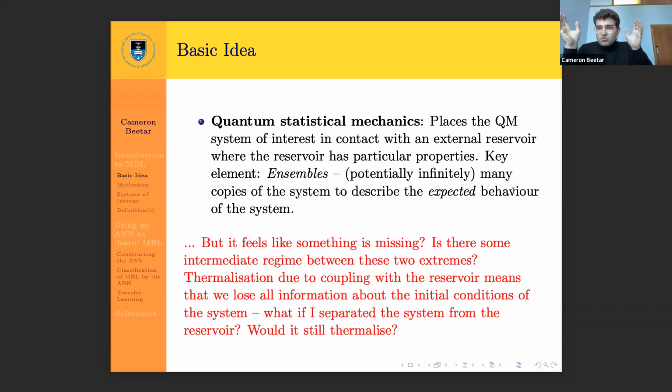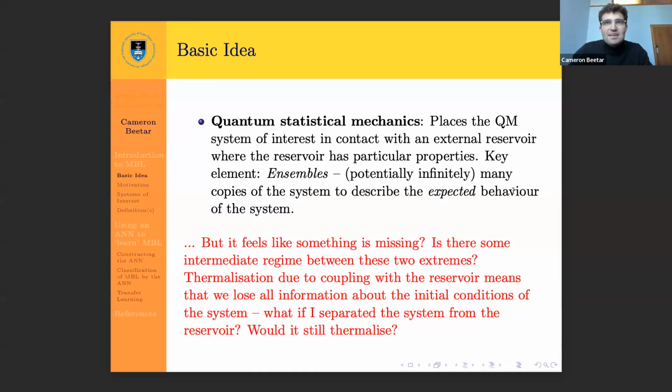And what we make use of, in terms of having poor control over the microscopic degrees of freedom, is this idea called ensembles. So you might say I have no control over the initial state, or some control over the state of the quantum system. And so you essentially average over those expected initial states of the quantum system to get an expected behavior of the system overall.